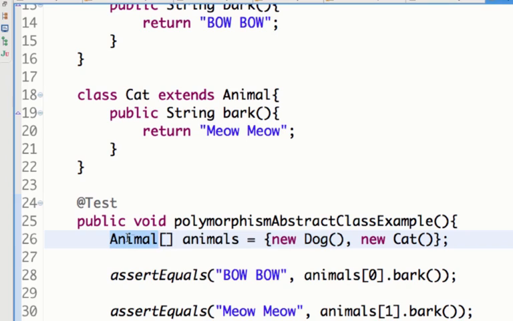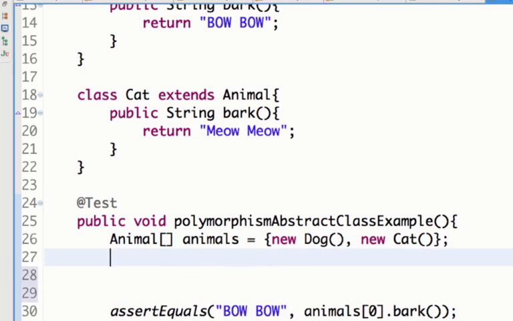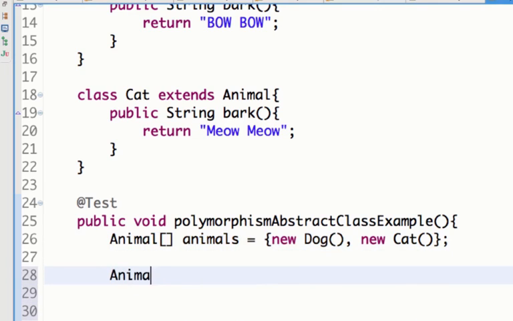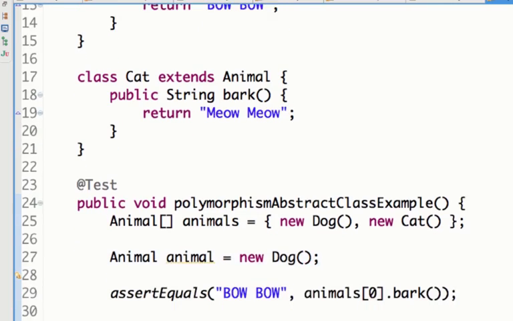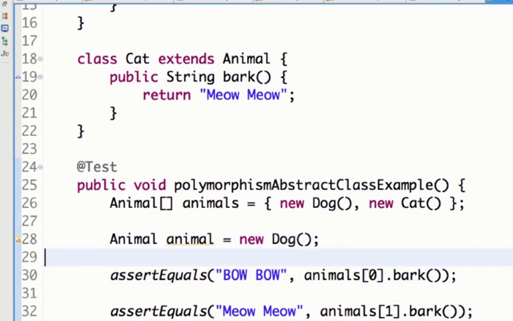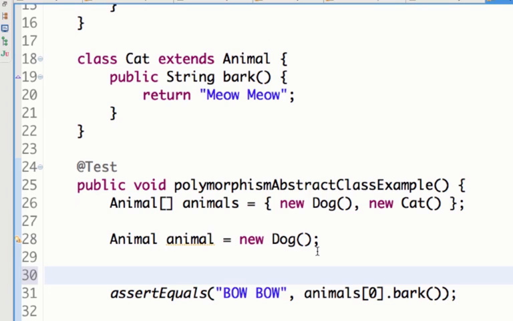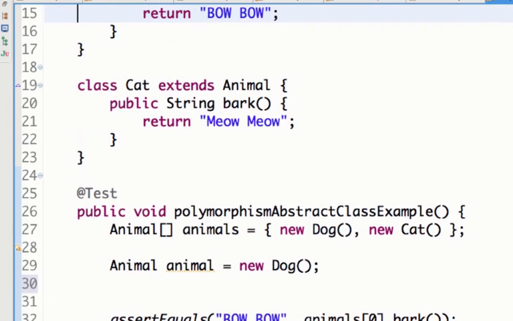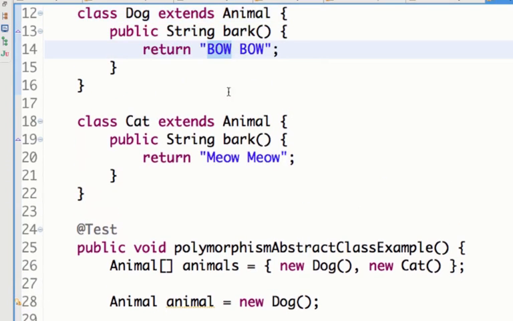Even though the reference variable is animal, whatever object it points to, that particular method is called. To make it even more clear, I can have one reference variable, animal is equal to new dog. So if I do system.out.println animal dot bark, it would call this method, bow bow.